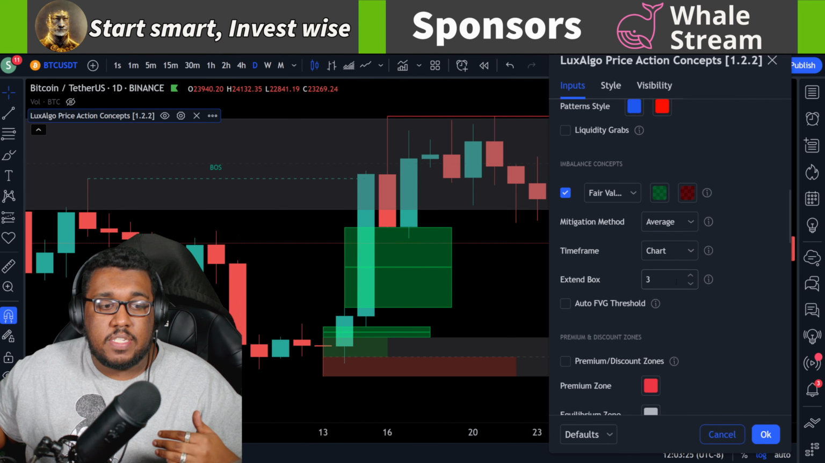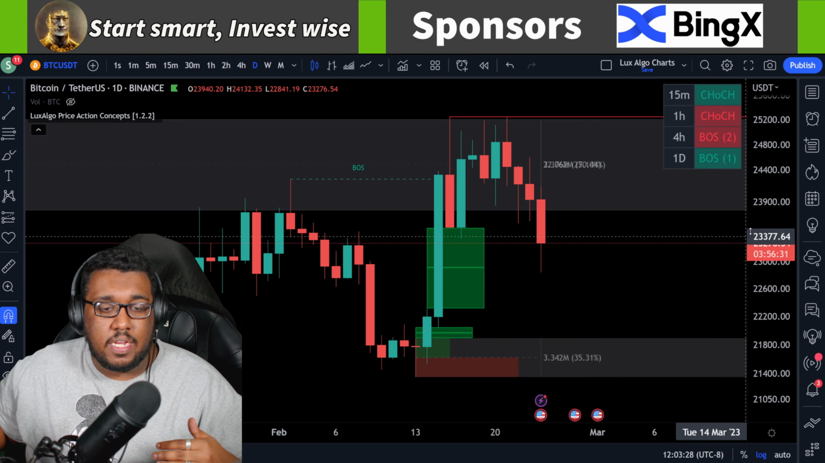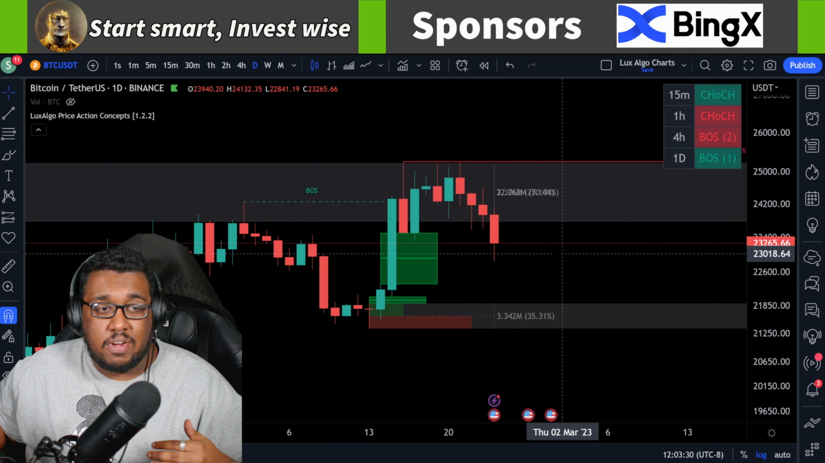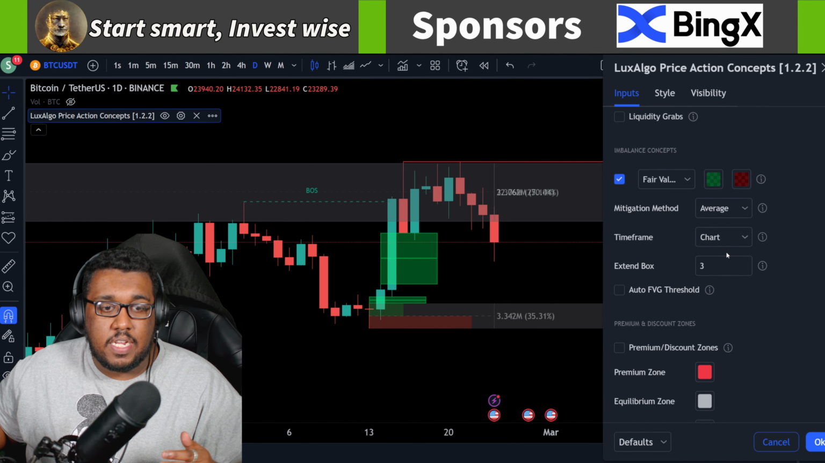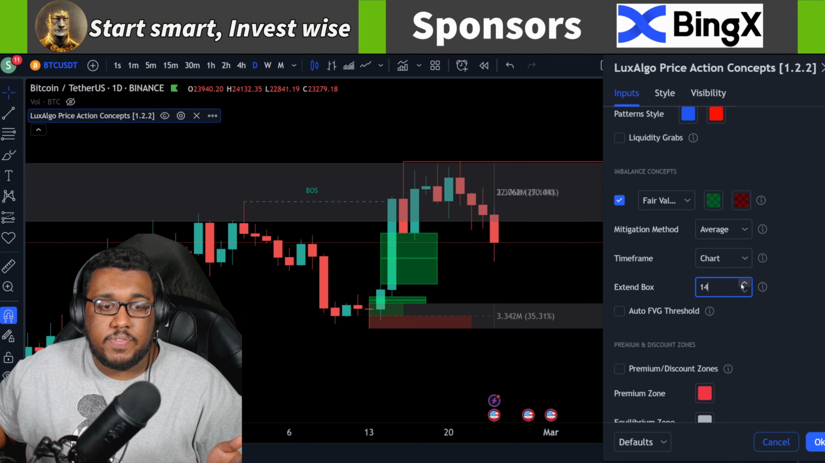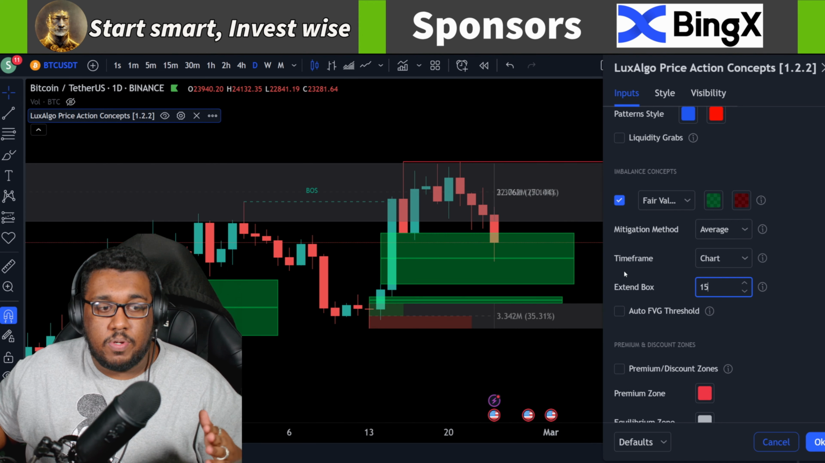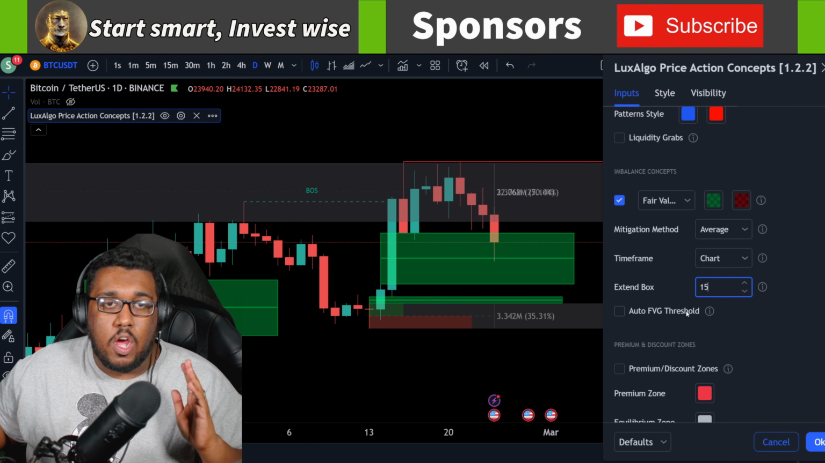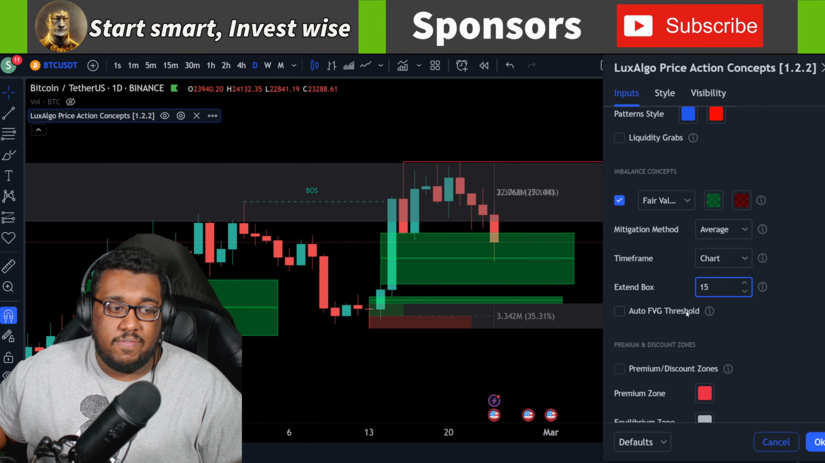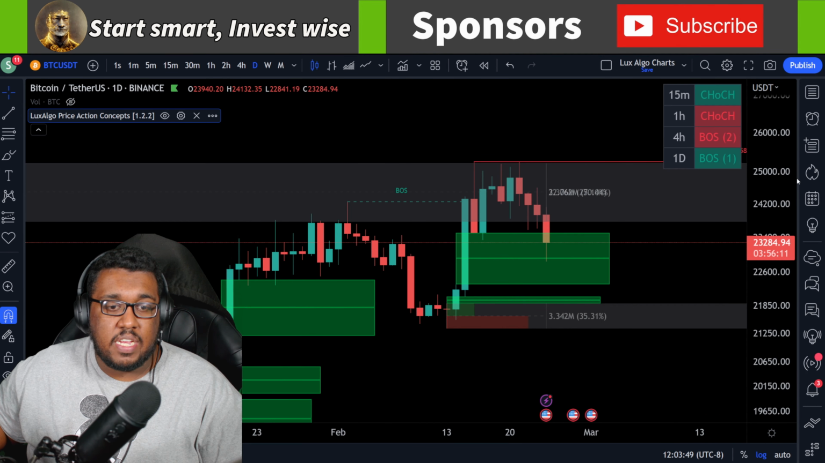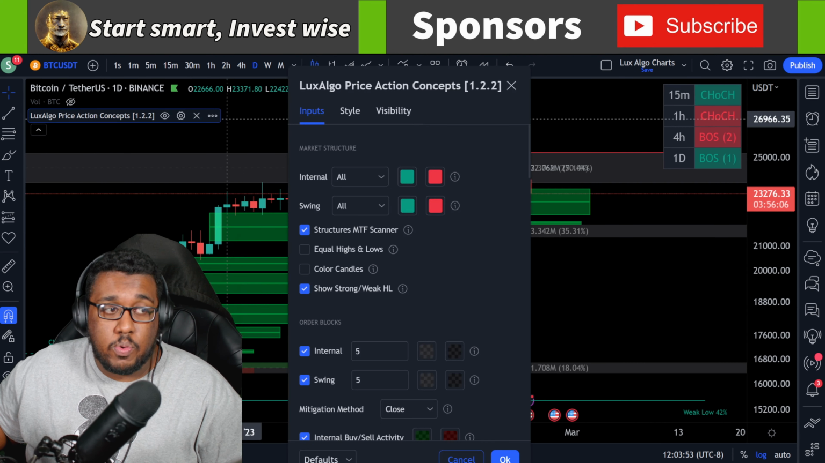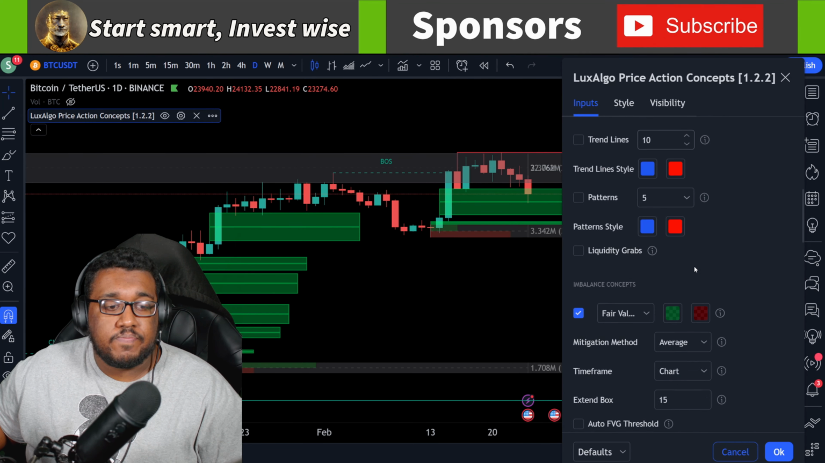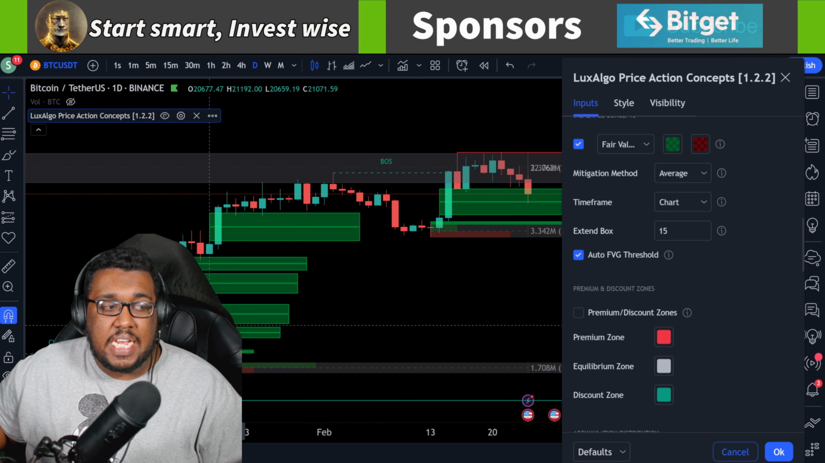Now, as far as the extend box, this one's a very simple thing. If you feel like the box isn't extended out as much as you'd like toward the right side of your screen, you can just go over here and say, hey, let's extend it out to 10 or 15. So in a second, you see all these boxes just go boom, right? And after that, you're going to see this auto fair value gap threshold. I would always have this turned on. Otherwise, you have so many fair value gaps and it gets very, very cluttered on your screen because they are everywhere. They are everywhere on your screen, okay? Everywhere on your charts. So when you turn this on, it gets rid of a lot of the ones